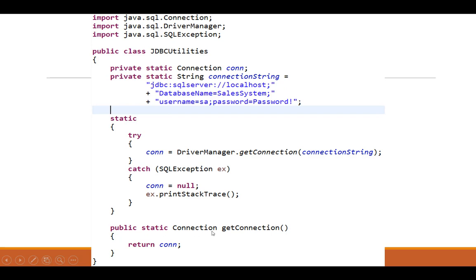And here we have a static method, get connection, in JDBC Utilities that will return our instance of the connection. And so being static, we initialize the connection in this static constructor. We could just as easily have put this in here, and that might actually make a little more sense to do that. But